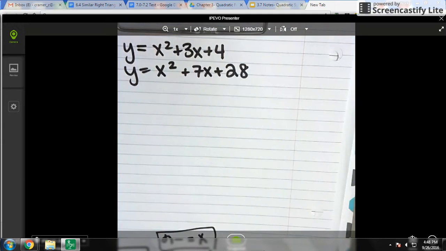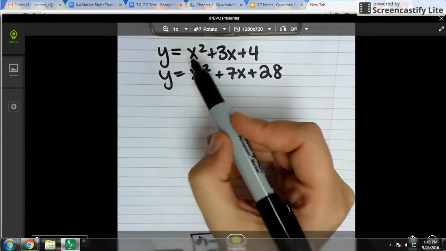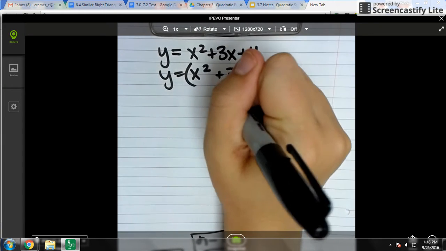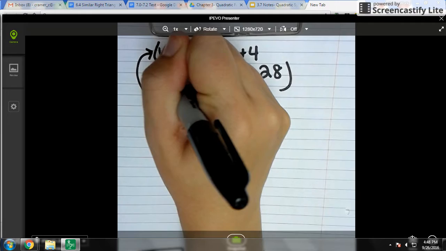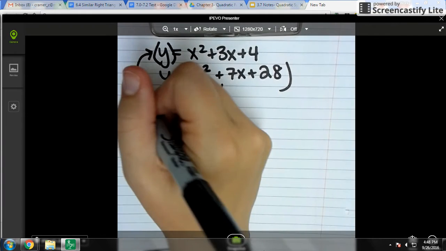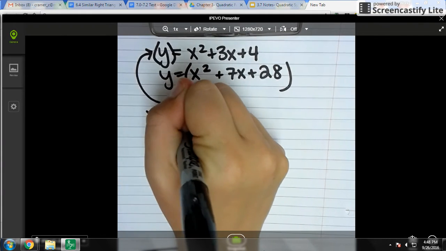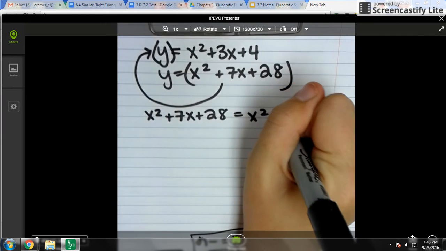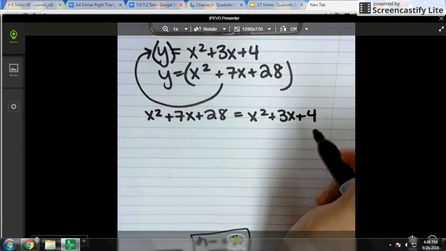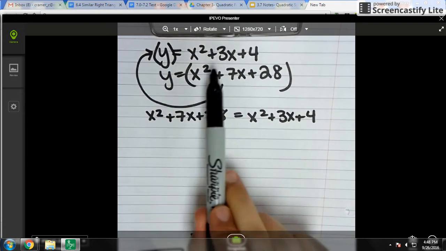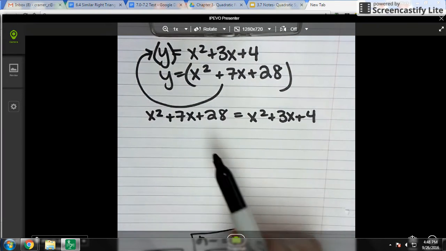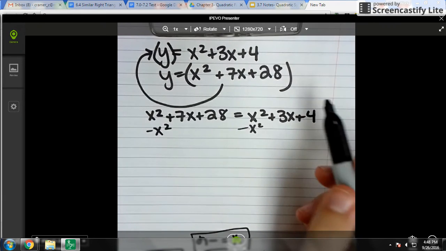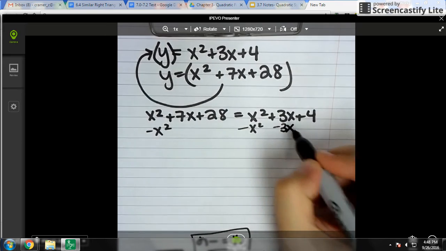So substitution means that you basically just take this whole thing, which is equal to y, and substitute it in for y. So over here on the left side, we have x squared plus 7x plus 28 equals x squared plus 3x plus 4. So if we take this, since this is y, we can plug it in for y. So if we subtract x squared from both sides, and we subtract 3x from both sides,